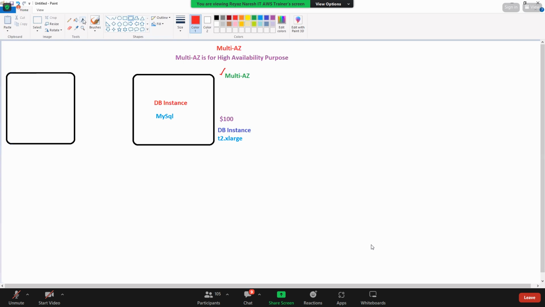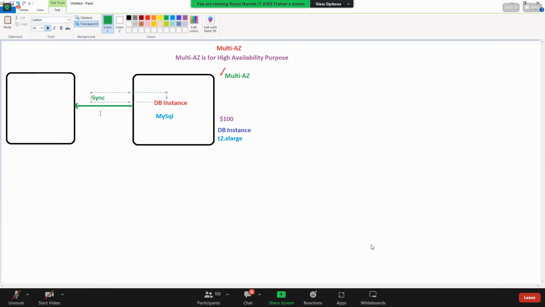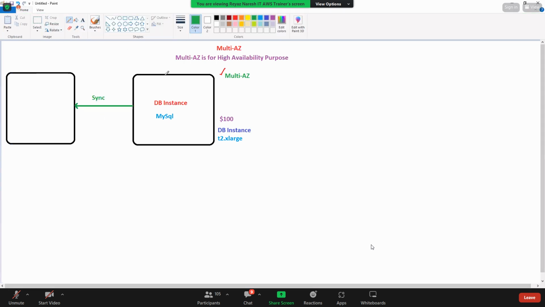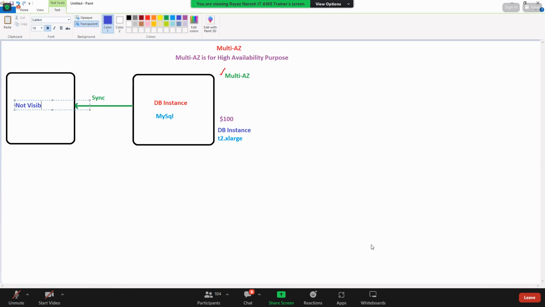And it will do the replication to this. Is this synchronous or asynchronous? It is synchronous. So whatever writes are happening here automatically get replicated at the same time. Whenever you enable multi-AZ, another parallel DB instance will be created, but this is not visible to us.